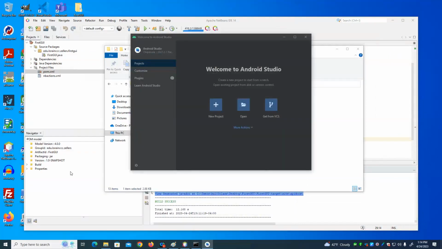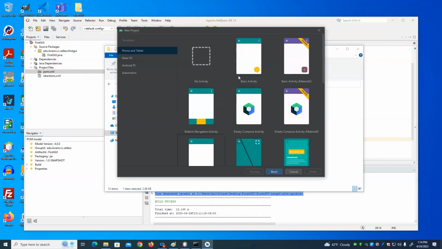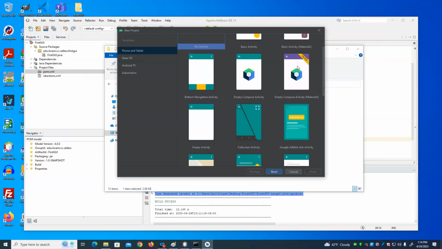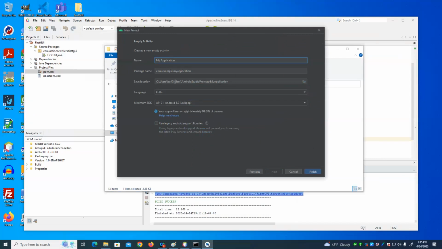I'm just going to make a new project. And keep it simple. I'll make an empty activity. There are different formats of these, similar to what you get in Visual Studio. So I can pick this. We set some parameters, the name of the application, where it is going to be stored,